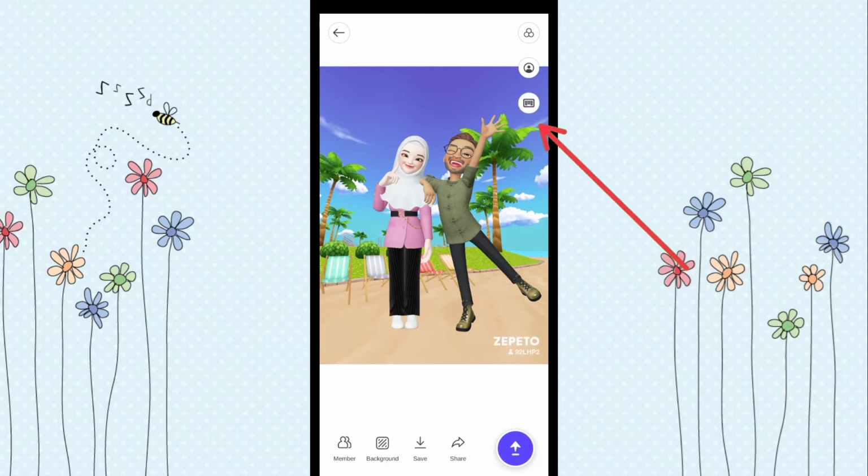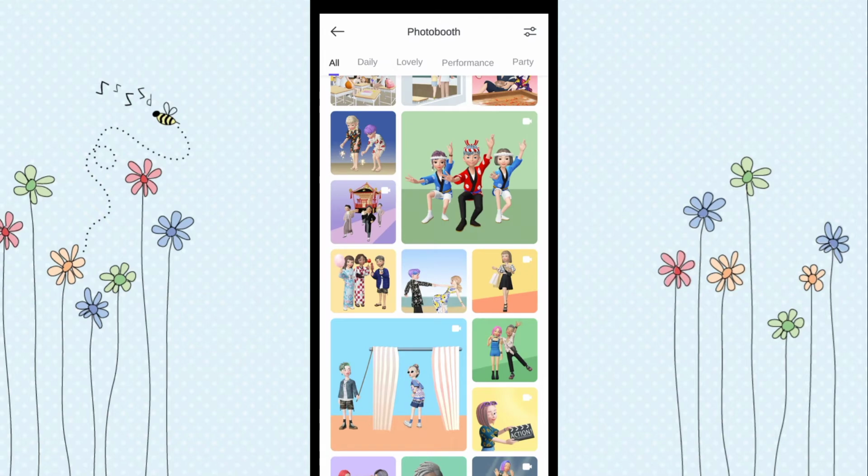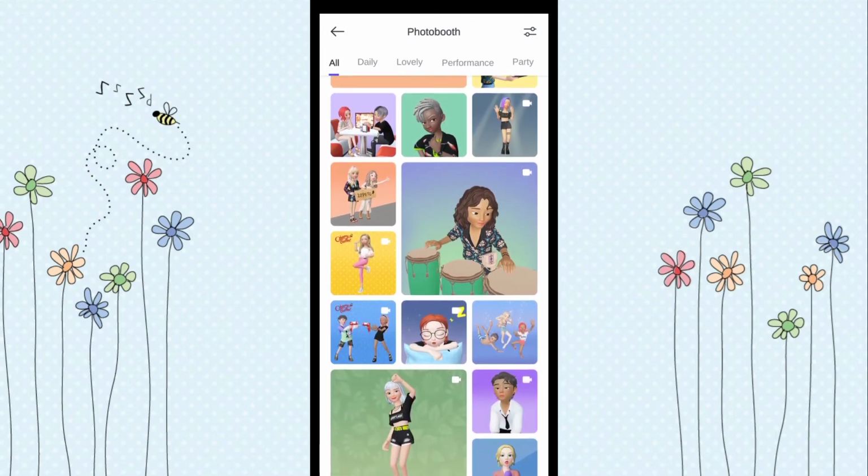If you want to add the Zepeto watermark, push there. If you don't want it, you push that icon there. And next,